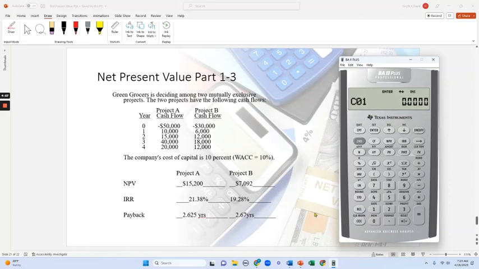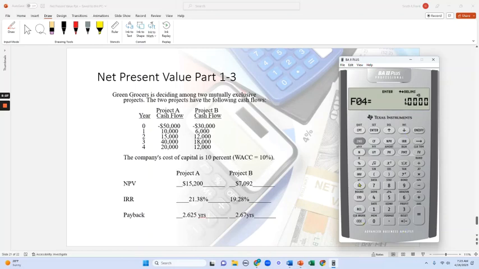Cash flow 1 there is 10,000. Cash flow 2 is 15,000. It occurs once. Cash flow 3 is 40,000. It occurs once. And cash flow 4 is 20,000. And it occurs once. So now that we have our cash flows in, to find the net present value, we